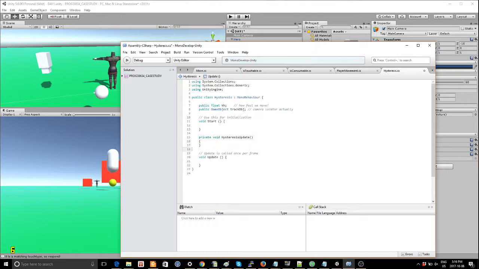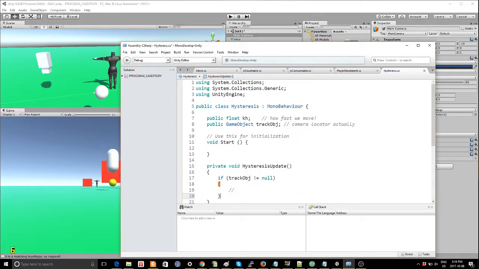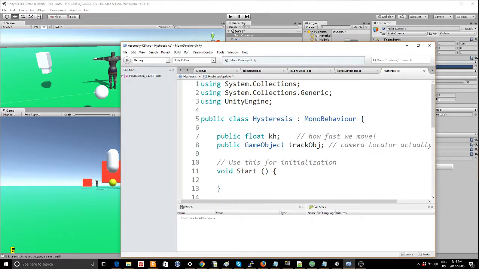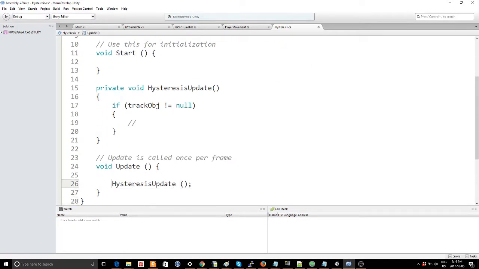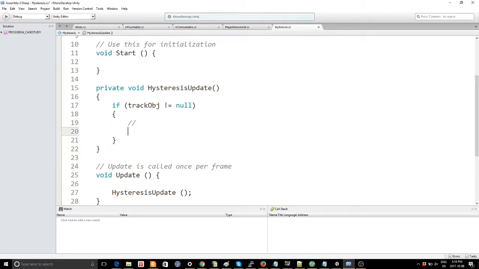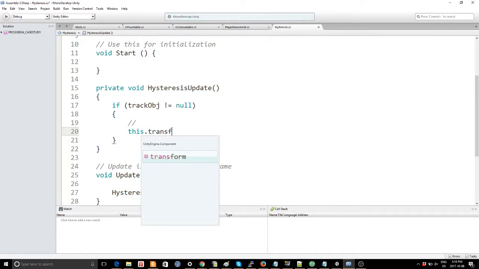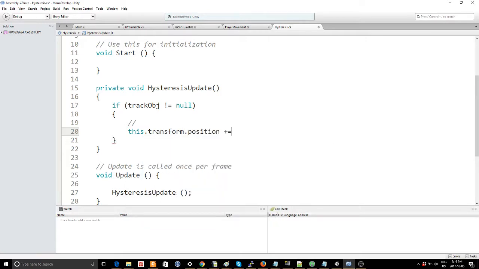And in hysteresis update, we're going to say if track object not null. Can't read the screen. Would you like me to make it bigger? There you go. If track object's not null, we're going to want to move towards it. So we're going to say this dot transform dot position plus equals